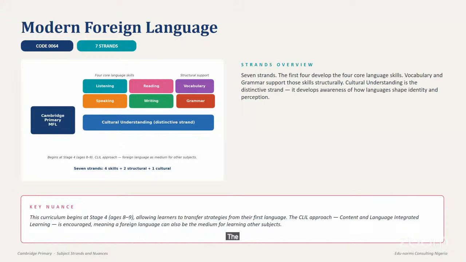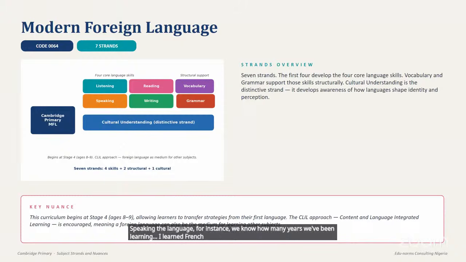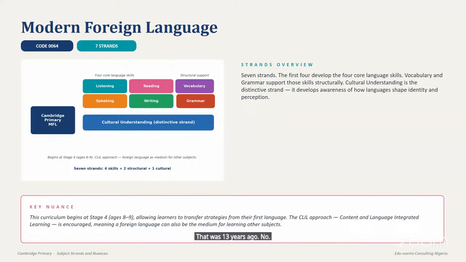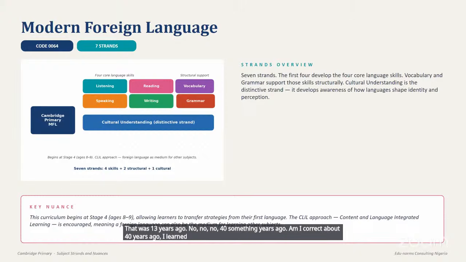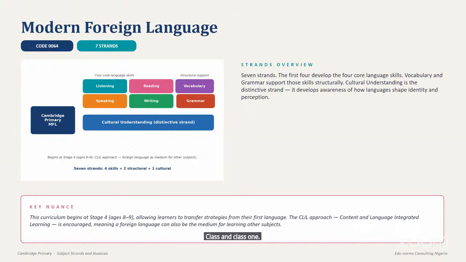Cambridge realized that languages have been taught in countries that are not speaking the language. For instance, we know how many years we have been learning. I learned French about 40 years ago. From class one, class two, class three, I learned French before I adopted another in class four. So they realized that